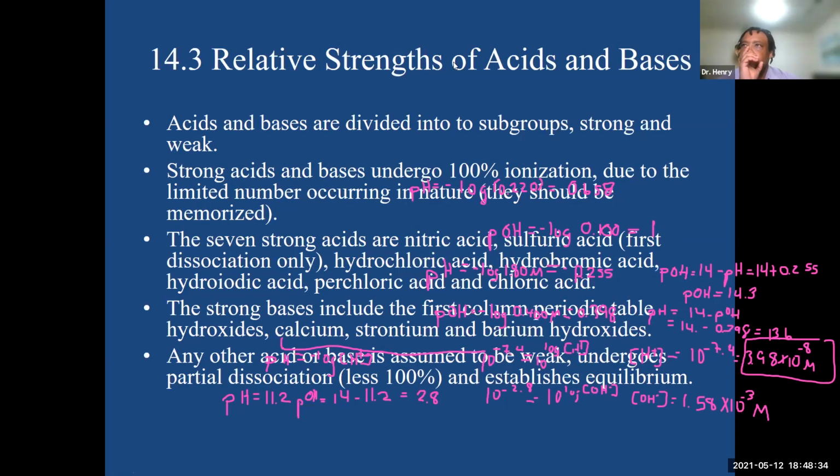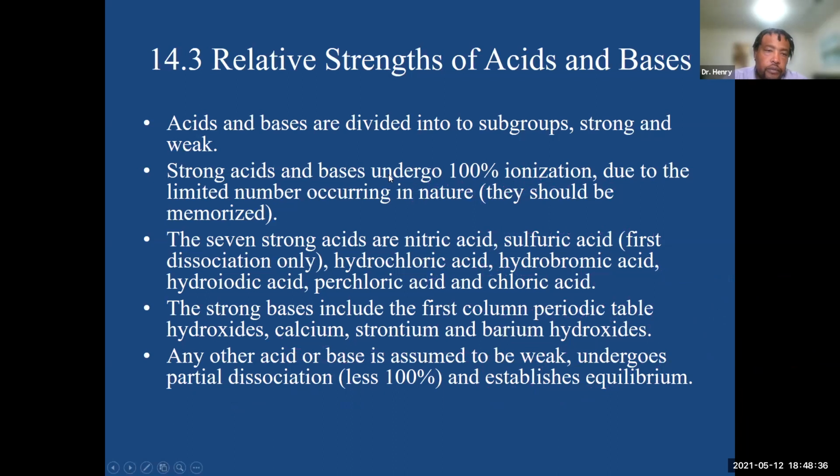Okay, so when we talk about relative strengths of acids, we break up acids into subgroups, strong and weak. We've talked about that. Strong acids or bases go to 100% ionization, or they almost completely dissociate, right? We've talked about the ones that do that, and we have them sort of memorized. So we have the 7 strong acids: nitric acid, sulfuric acid, hydrochloric acid, hydrobromic acid, hydroiodic acid, and your chloric acids, perchloric and